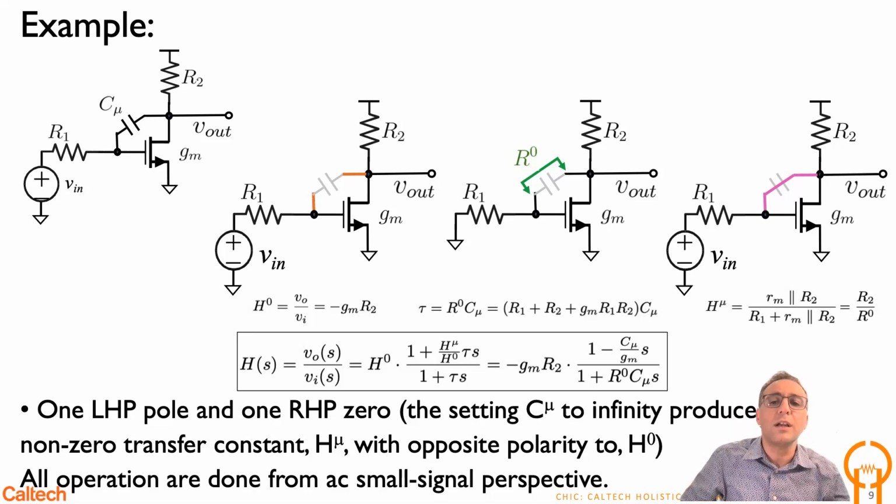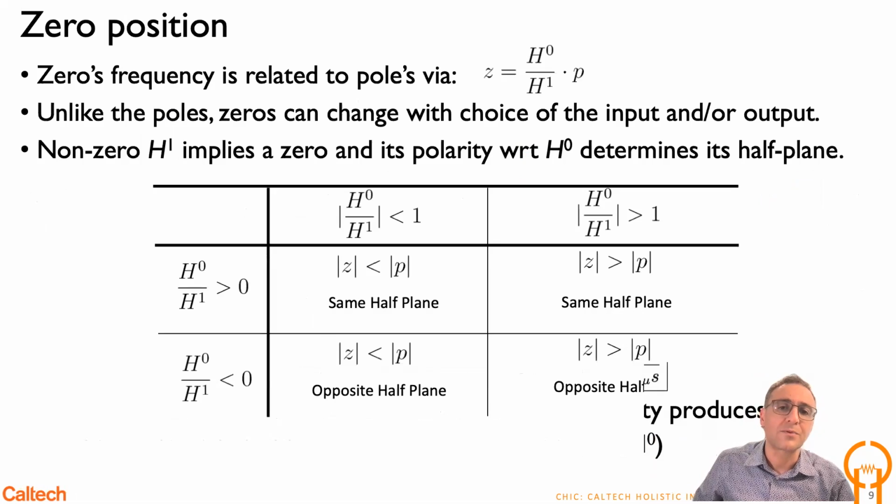And if you plug them into the equation, you can easily see that you obtain this transfer function, which is, this is the low frequency gain. You see a right half plane 0 and a single left half plane pole from the calculation. But you could actually tell this, without even doing any calculation, that you have a single right half plane 0 and a left half plane pole. So how do we do that? So let's look at this